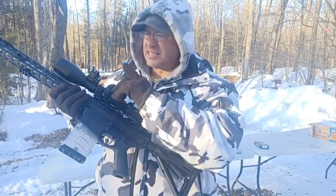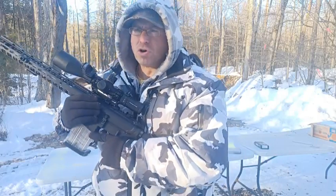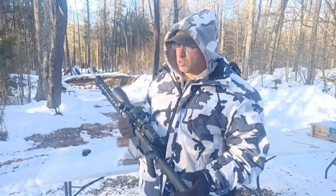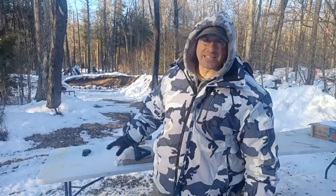I can get a 6.5 Creedmoor upper and put it on this AR-10 lower. Okay, so within the same manufacturer, you might be able to do that. You can do it with Palmetto. I don't know if you can do it with other manufacturers. Again, these AR-10s, 6.5 Creedmoor guns, there's no mil spec. They're not standardized. So with very few exceptions, you have to go back to the manufacturer to